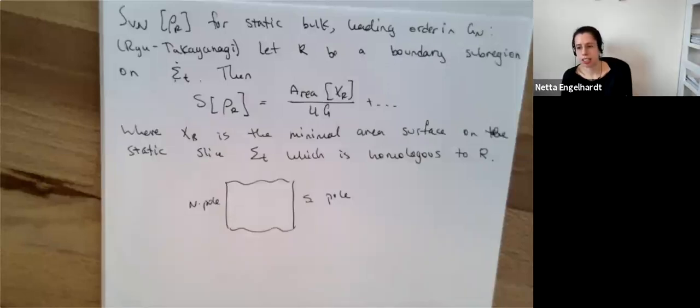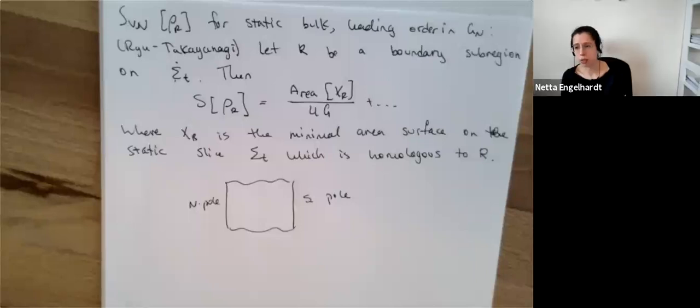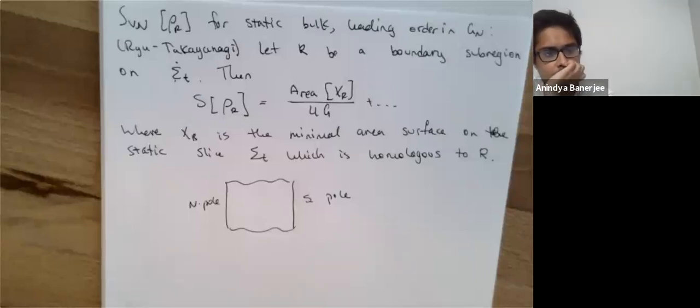Yeah, as Veronica says, conceptually I'm not entirely sure how one would think about the causal wedge, given that you have to include I naught in any kind of causal wedge you want to define. So it's not really going to be the domain of dependence of a subregion. In some sense, it really is an AdS construct, the causal wedge. And I would say the entanglement wedge also, although the entanglement wedge is more easily generalized if you just allow yourself to pick arbitrary regions. Thank you. Other questions?